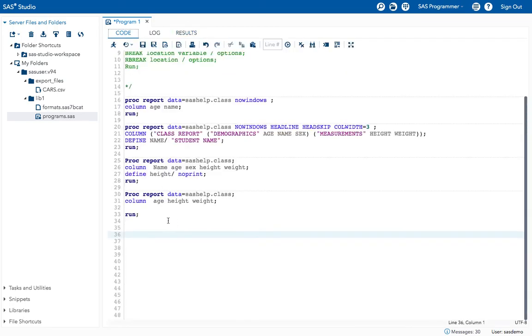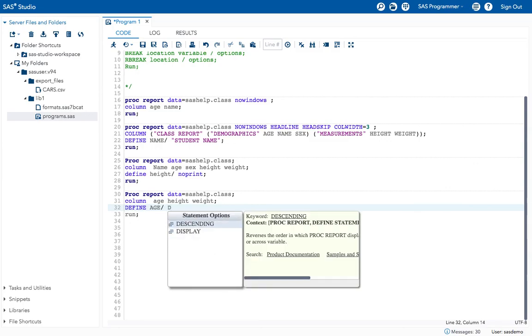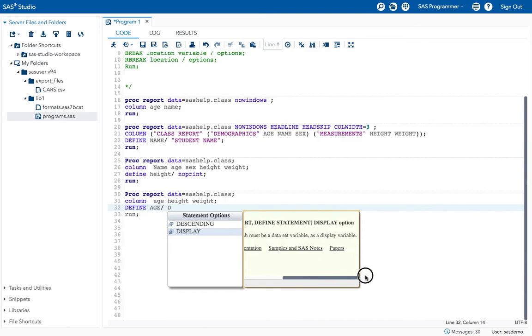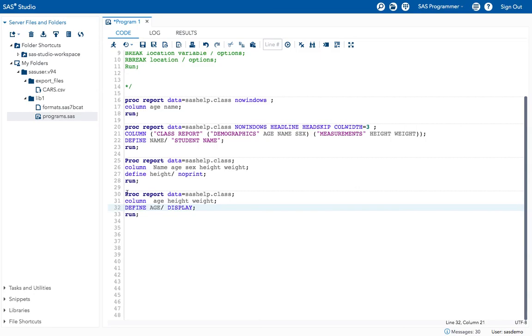If you want to display all the values like earlier, you have to specify that with a define statement. For example, now I want to specify it for age and give the option display. This display defines the report item, which must be a dataset variable, as a display value. Now execute the program.